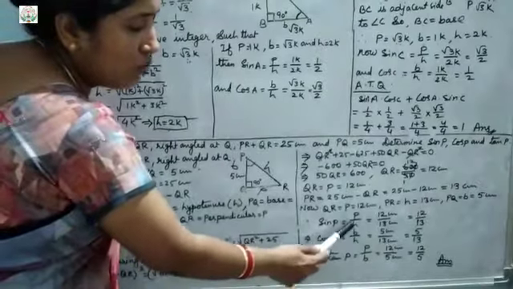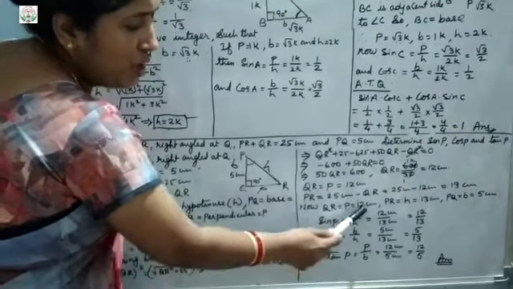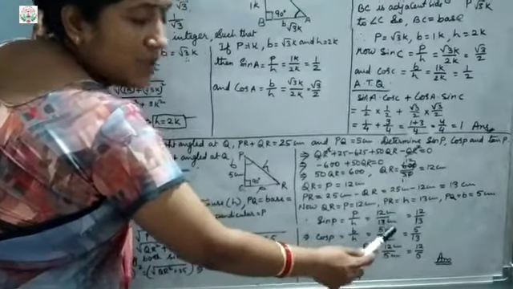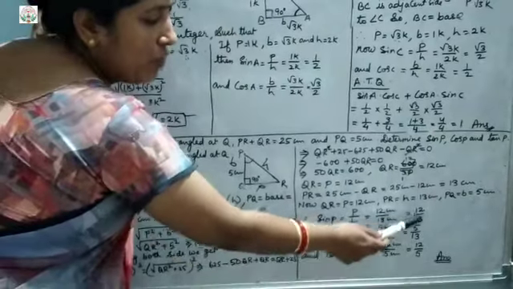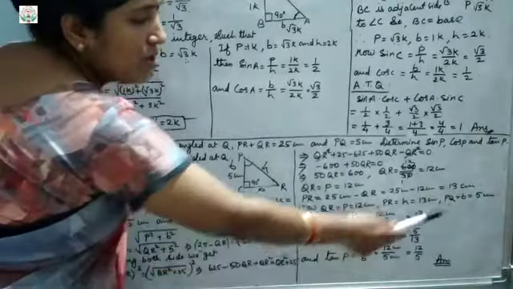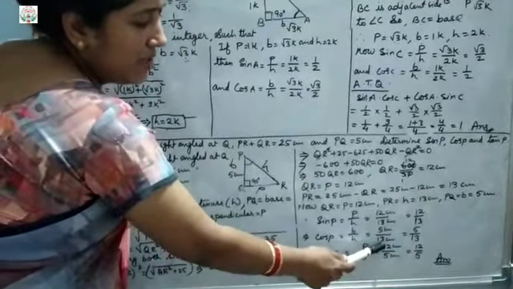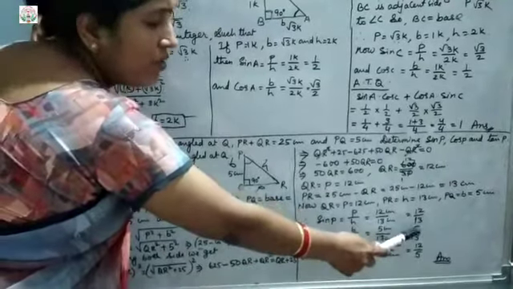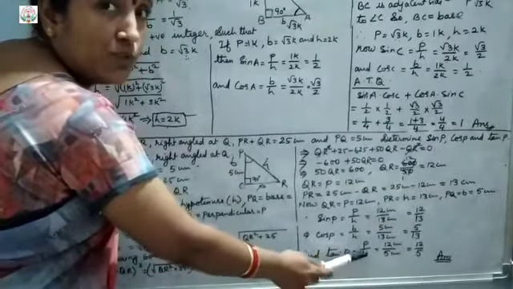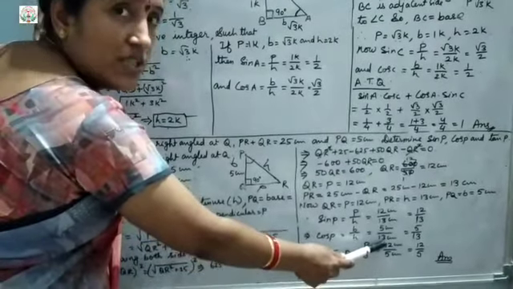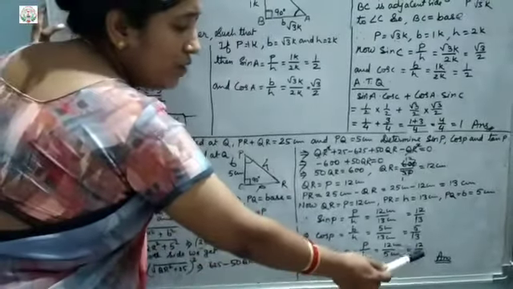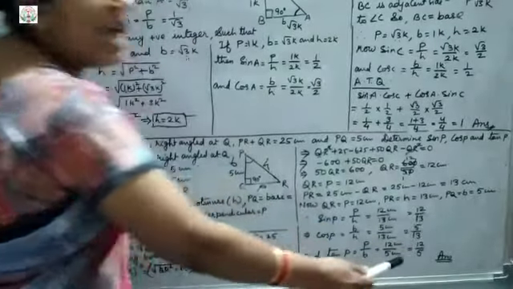That is, sin P equals what? P upon H. So here what is P? 12. 12 cm upon H, which is how much? 13 cm. So cm get cancelled. So what ratio we get? 12 upon 13. Same way, cos P equals base upon hypotenuse. So base is 5 cm upon 13 cm. Cm gets cancelled. So we get 5 upon 13. And last one, tan P equals what? P upon B, that is perpendicular upon base. P is 12 cm and base is 5 cm. So both cm get cancelled and we get 12 upon 5. So this is the answer.